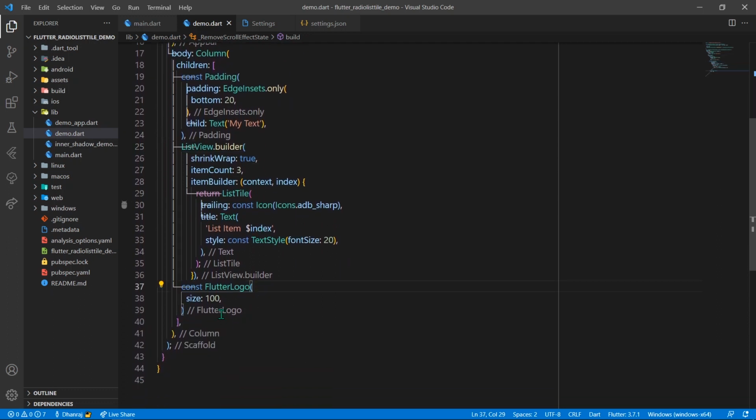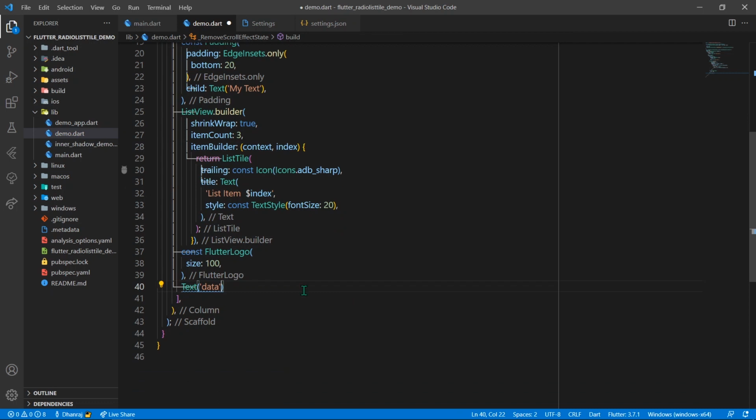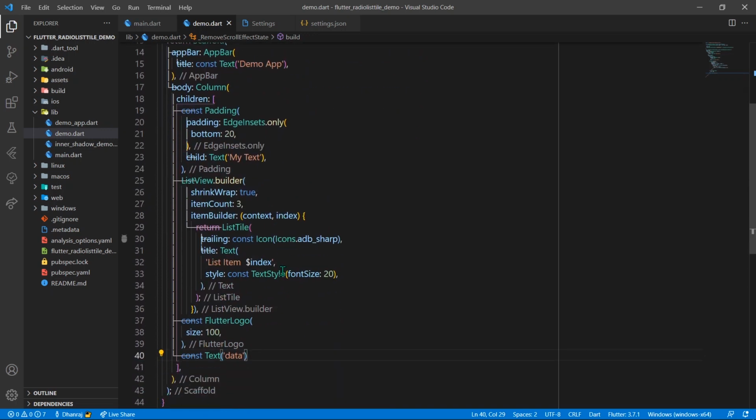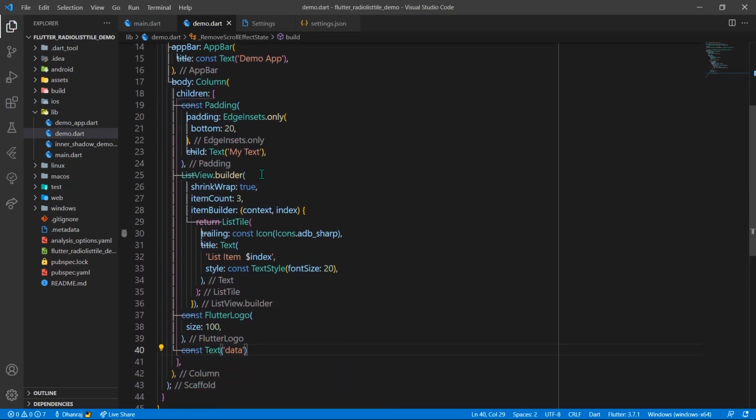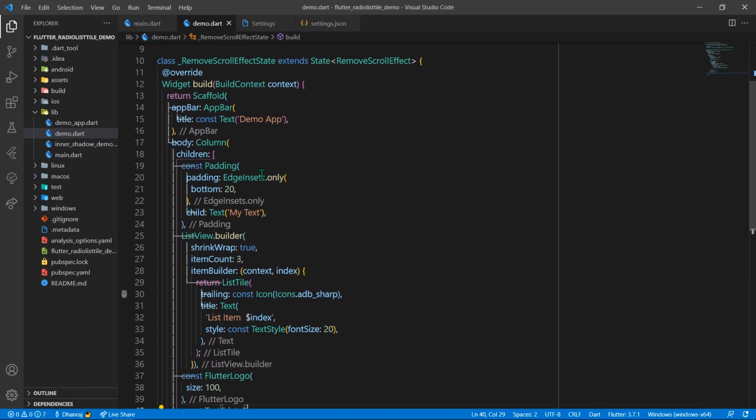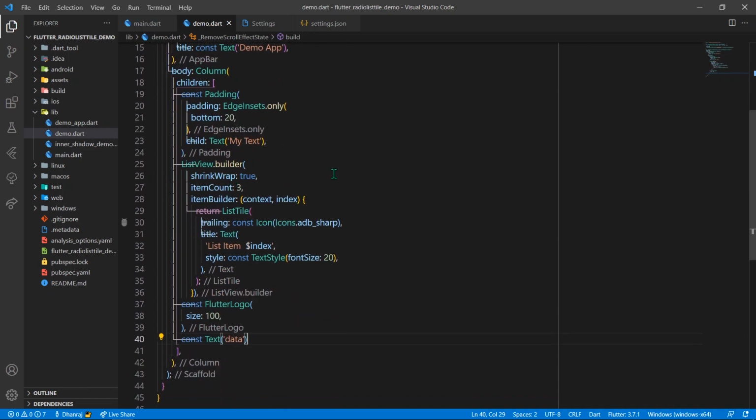As you can see, we'll have a text widget again. We have a text widget. Before that, if we saved the app, we needed to add the const manually, but now if we save the app, we will get this const automatically. So this is how you can use this trick inside your Flutter app, and I hope you found it